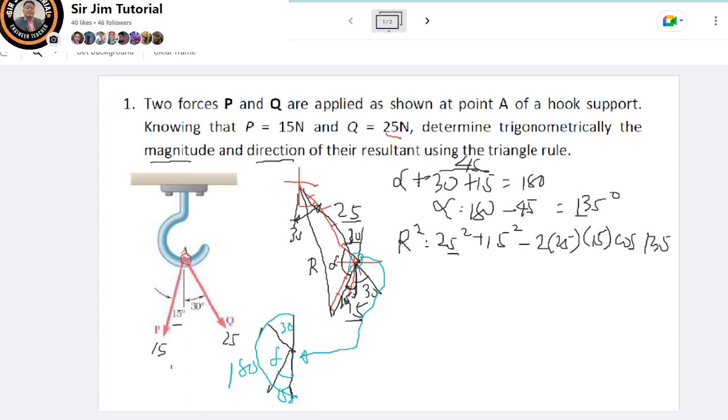If you use your calculator, you can calculate R is equal to 37.12. Okay, so from the triangle we can also get